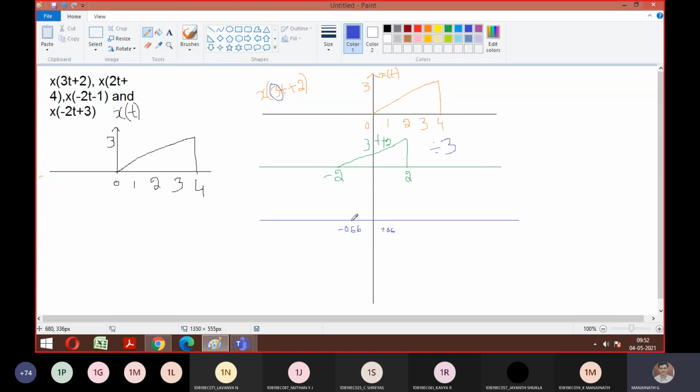Now minus 6. So I'll just trace it and dip here. Don't worry about exact scaling because you're not following any graph sheet here. You can write a rough sketch. So is this what the compression by 3 looks like? Everyone agree? Yes, sir. Okay. So the first question, 3t plus 2, is over.